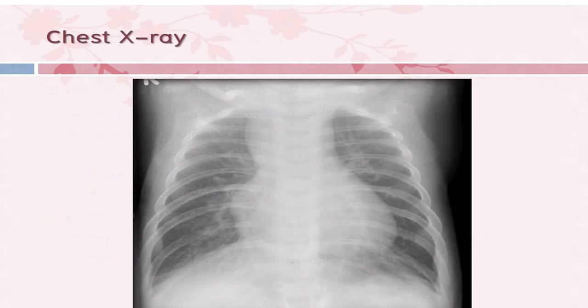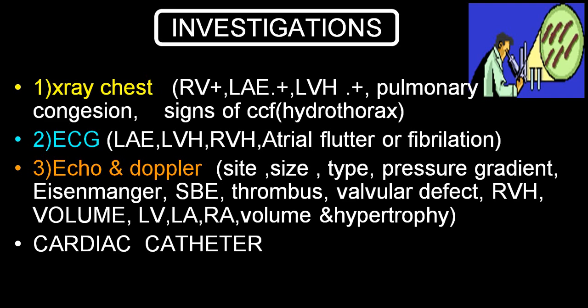And this will be a typical picture, what we call a snowman appearance or figure 8 appearance. X-ray chest will show you a big LV, dilated LA. RV will be mildly enlarged and hypertrophic. There will be pulmonary congestion in an early stage. And then in a late stage, you will see signs of congestive cardiac failure in the form of